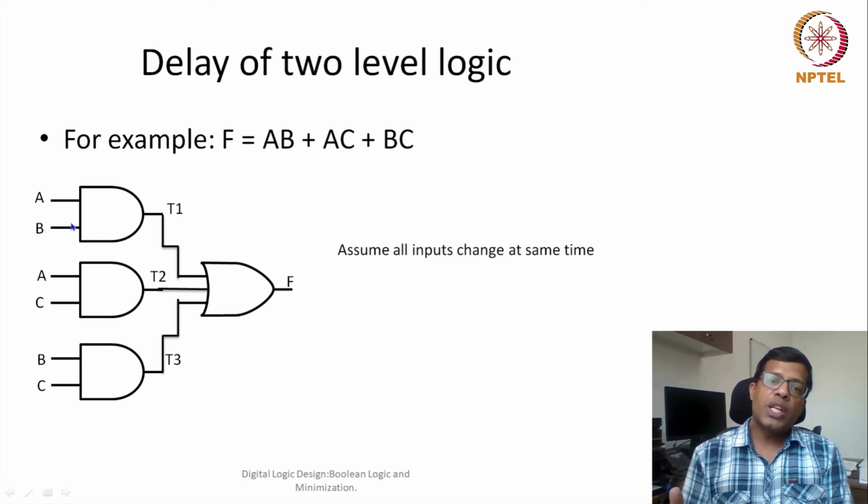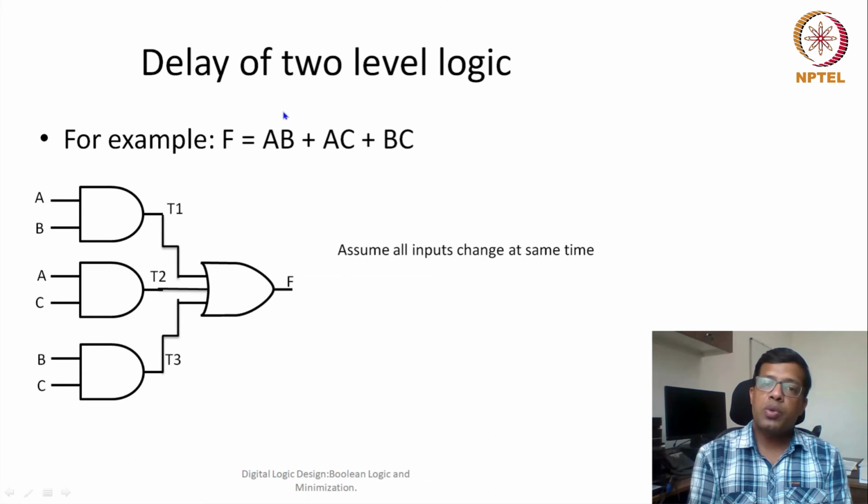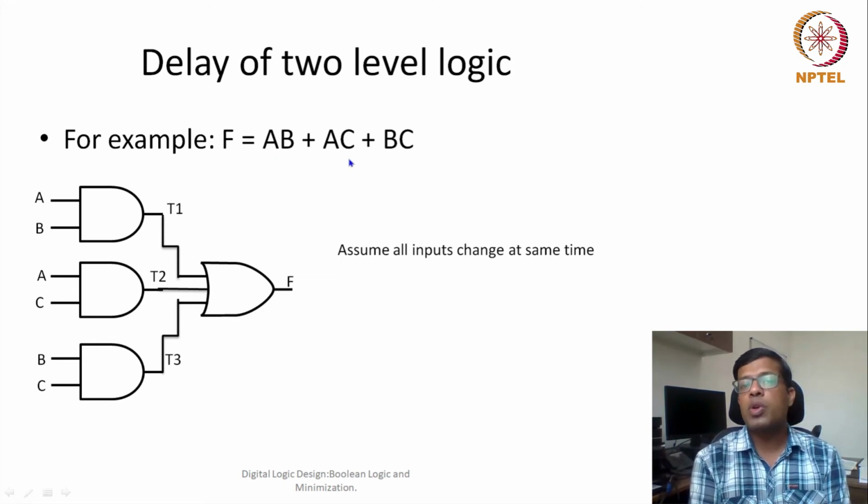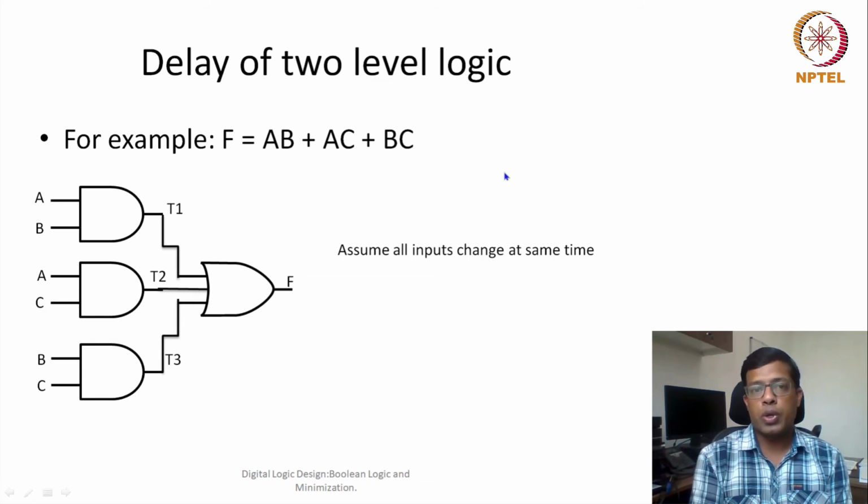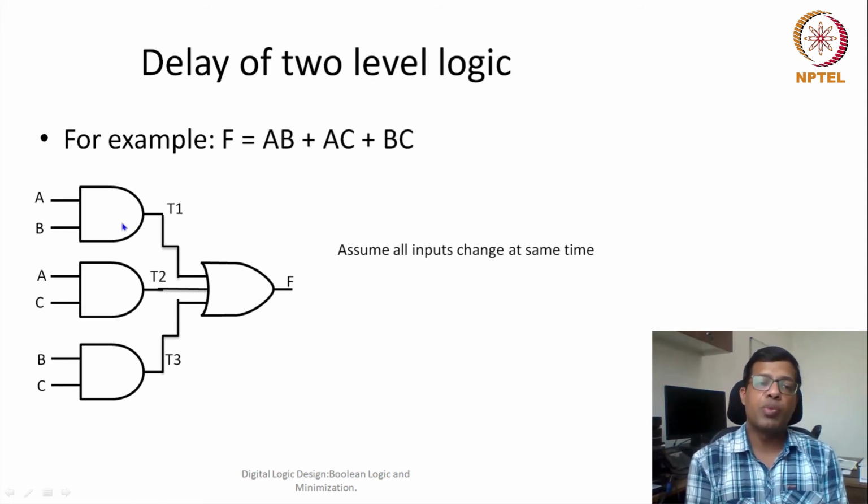Grossly, we can say that if the number of product terms is minimized, the number of AND gates is minimized, and the number of inputs to my OR gate is also minimized. Further, if I have two expressions with the same number of product terms, but in one of them a product term has fewer literals, that particular AND gate will have fewer inputs. That means the delay of that AND gate would be less.